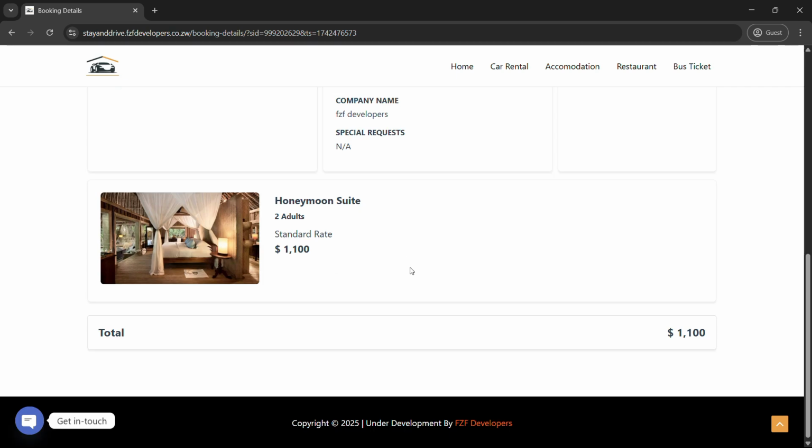Someone from the end of the business will get in touch with you and say, hi, you made a reservation or a booking on our website for the honeymoon suite. Because these are large amounts, we prefer not to have these amounts transferred over the internet for more security. The payment link will be shared by someone from the business, which would be, in this case, FZF Developers accommodation hotel, or something, right? These are high fees. These are 1,100. Imagine there's a security issue and you lose your money. So we prefer for the actual business to get in touch with you and say you made a booking on